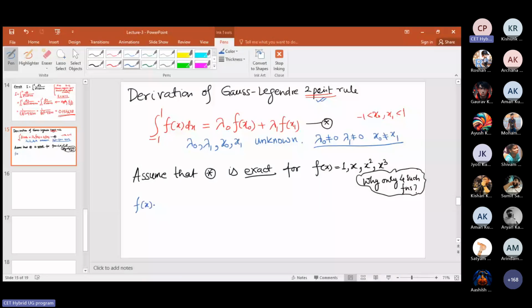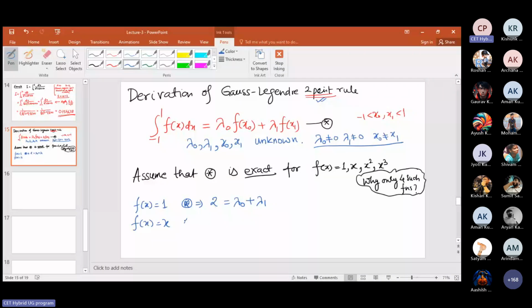fx = 1 रखने से क्या होगा? स्टार विल इंप्लाई दैट लेफ्ट हैंड साइड में 1 रखोगे तो क्या होगा, आपको मिलेगा 2, है ना। 1 का इंटीग्रल -1 से 1 के बीच में 2 हो जाएगा। लैम्डा 0, fx फंक्शन की वैल्यू क्या है, 1 है, तो fx 0 भी 1 हो जाएगा, प्लस लैम्डा 1, तो स्टार जो है आपका लैम्डा 0 प्लस लैम्डा 1 हो जाएगा।